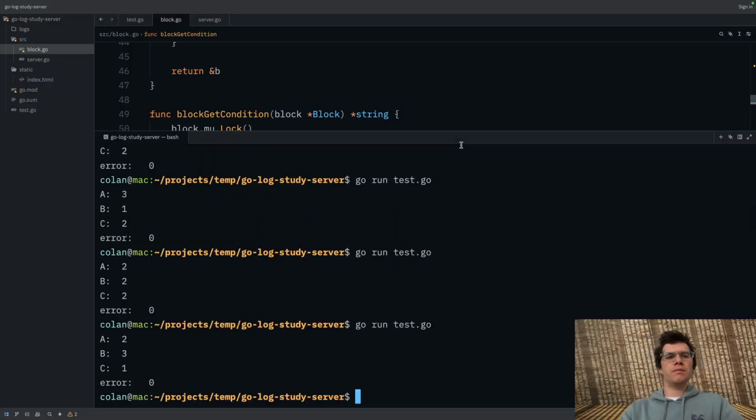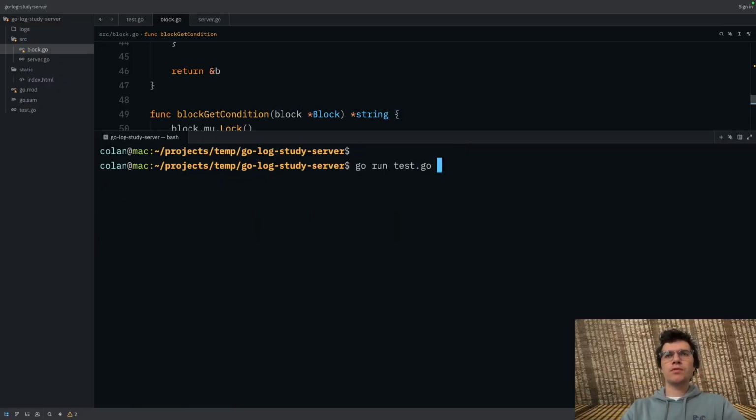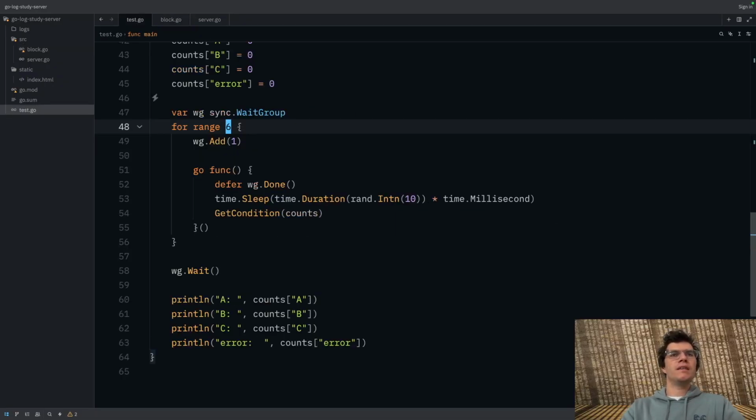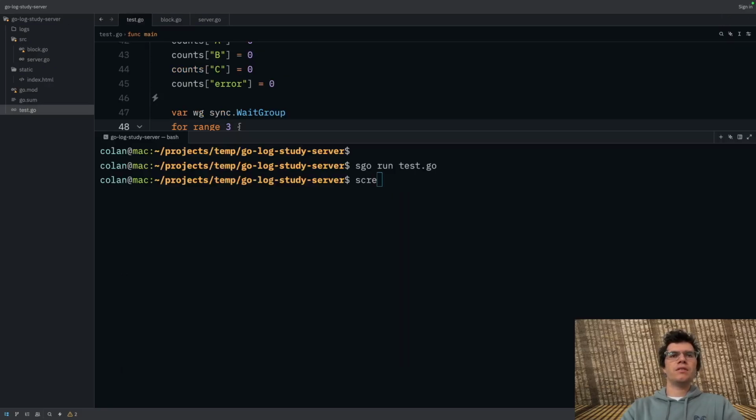Oh, I'm silly. So the reason why this was happening is, if I go back into here, let's make this 3, because you could see we would have occasional errors where this would happen.